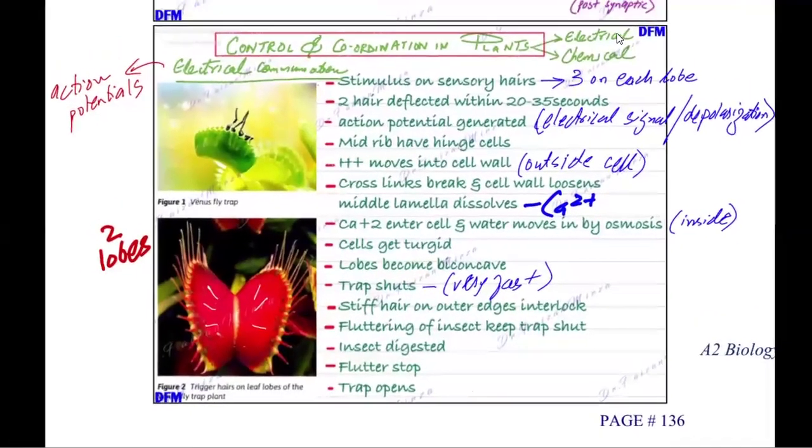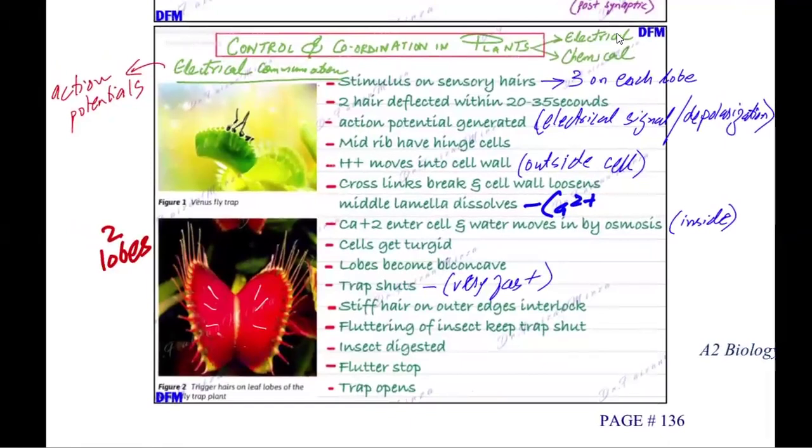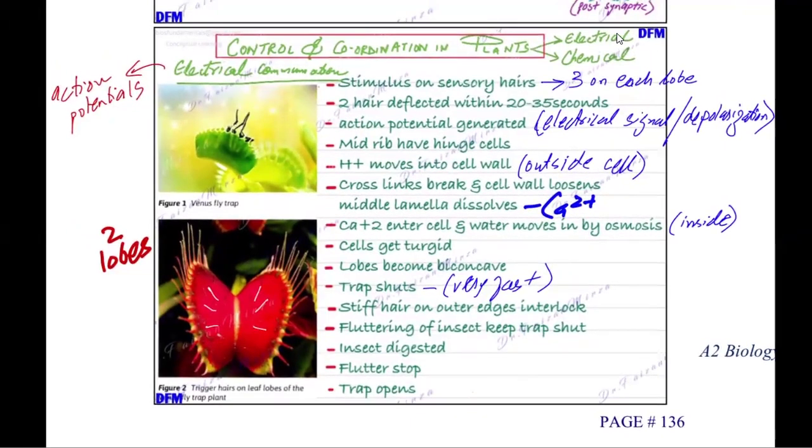We can also recall the electrical communication in plants. In electrical communication, we have discussed the Venus flytrap, how the Venus flytrap works. The Venus flytrap has two lobes. There are three sensory hairs present on each lobe. There are stiff hairs present on the outer edges that can interlock. So when the stimulus is on the sensory hairs, if two hairs are deflected within 20 to 35 seconds, a very small time zone,